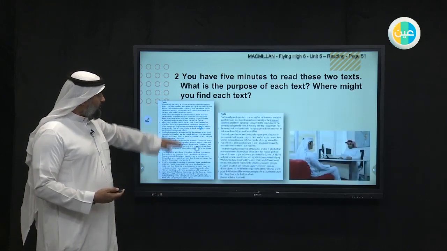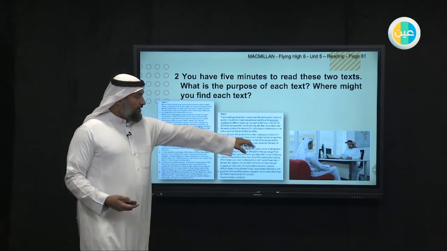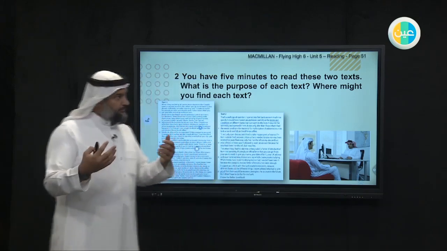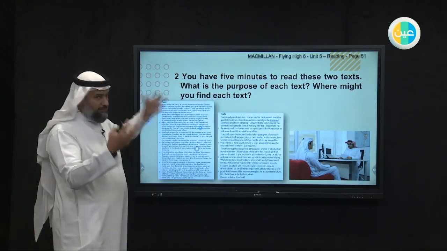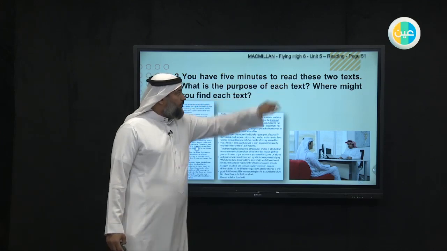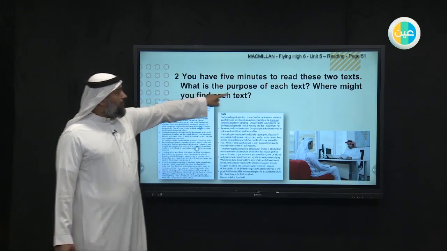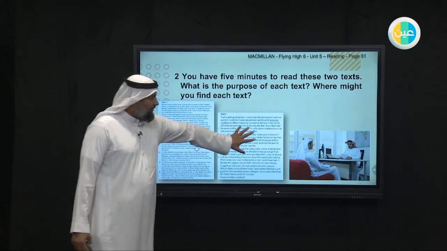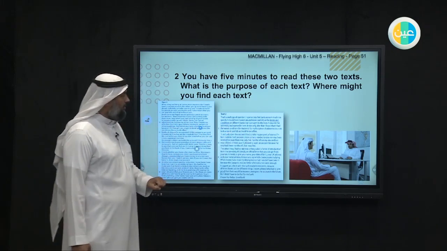Now, we're going to listen to text 1 and text 2. This guy wants to open a bank account, but he doesn't know how to. So these two texts are going to explain things to us. You have 5 minutes to read these two texts, 1 and 2. What is the purpose of each text? What is the purpose of this one? What is the purpose of this one? ما هي الغاية من هذه وهذه؟